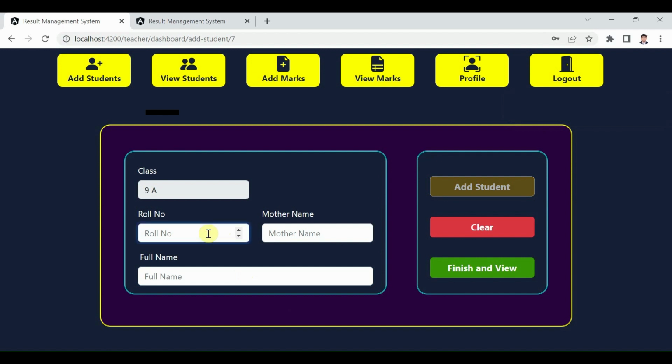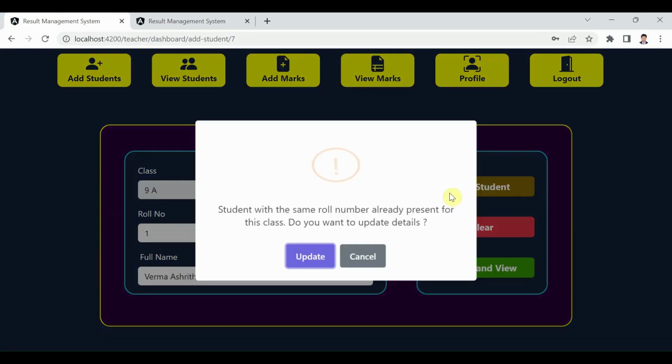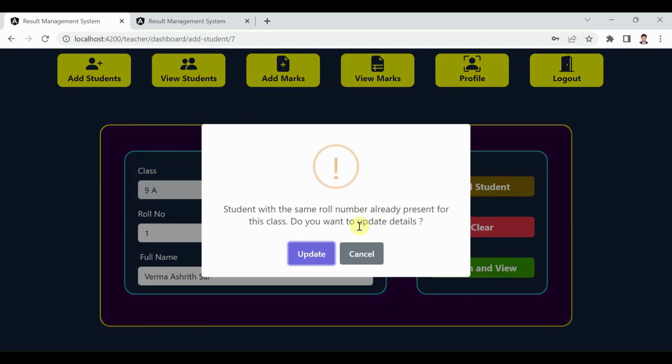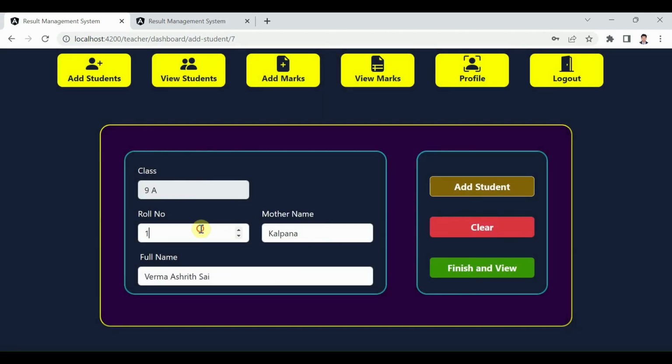So let's consider some cases here. I just have added one student with roll number 1. Now if I try to add other student with same roll number, let's see what happens. So I will try to add other student with same roll number. As I click on the add button, I got one alert which is saying that this roll number is already present in that class, and if we continue with the same, then older details of that student with that roll number will get updated. But I don't want that, and hence I will change this roll number to 2